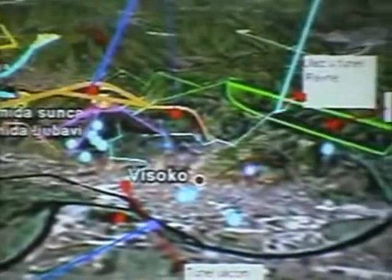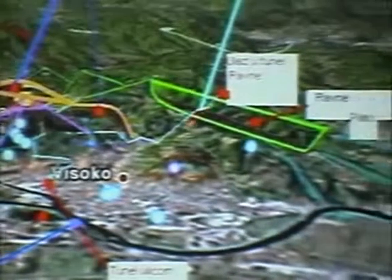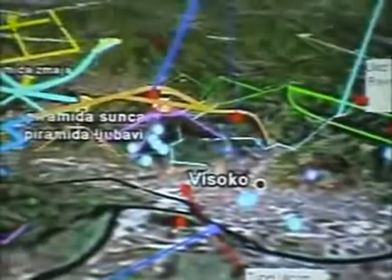Right now we cleaned about 250 meters from the entrance. And the entrance is 2.5 kilometers from the Sun Pyramid. So this was actually the map